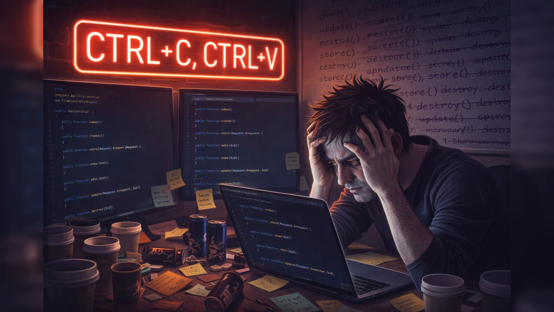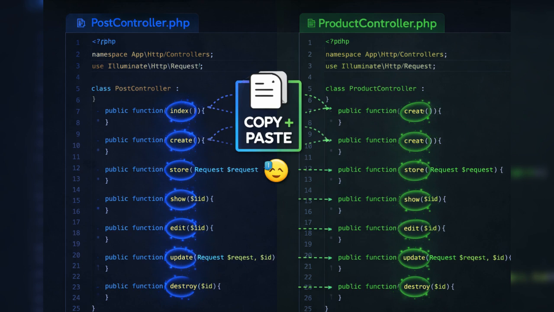Now is the time for you to start. If you're writing way more code than you need for your CRUD operations in your Laravel project, now is the time to stop. While you're manually creating 7 different controller methods, there is a Laravel feature that does it all with a single command. So in this video, I'm going to show you how to implement it. All you need to do is to stick around, because by the end, you will never waste time on repetitive